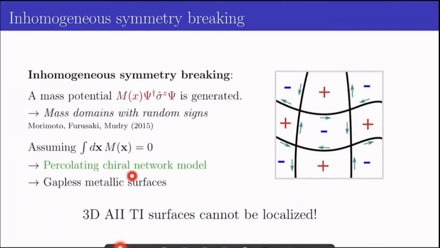So it realizes a percolating chiral network model. This model is robust against the random function. They conclude that the 3D